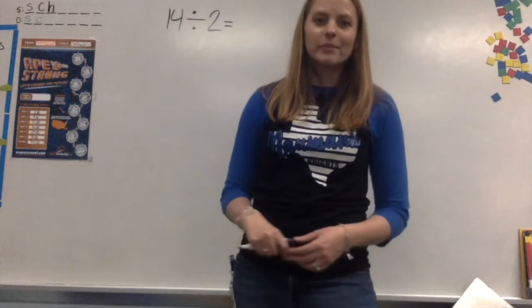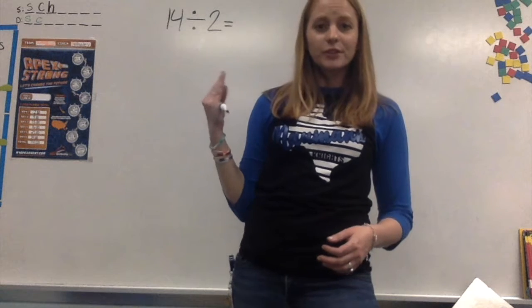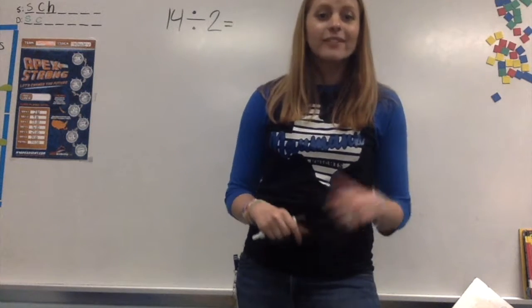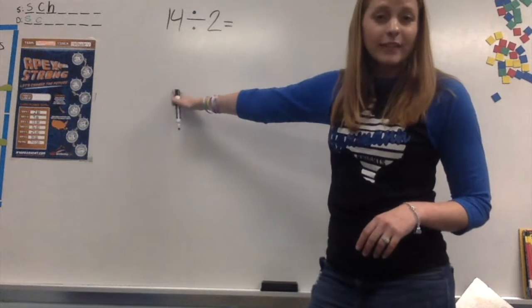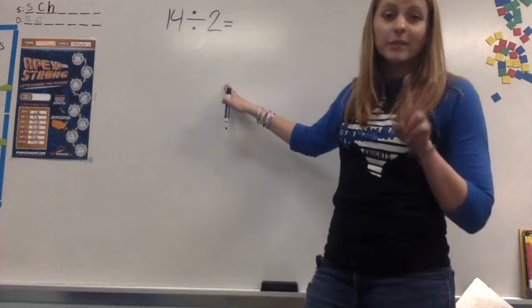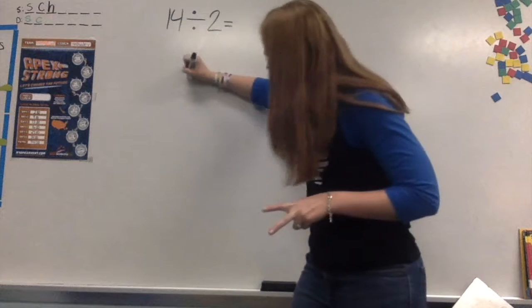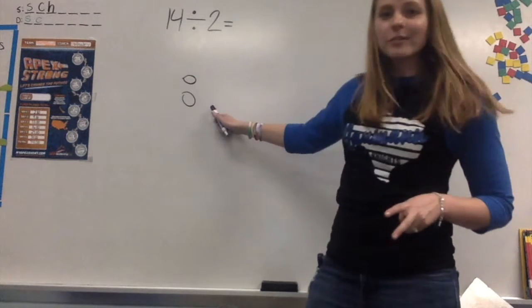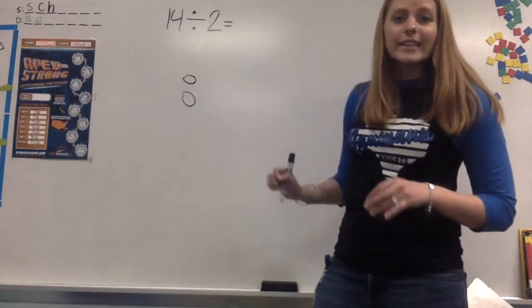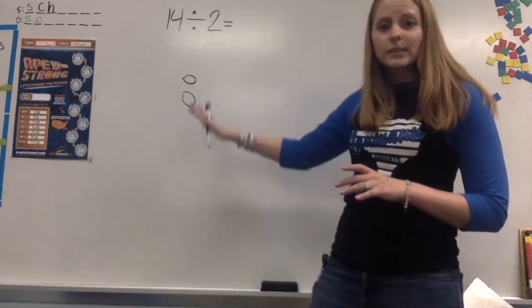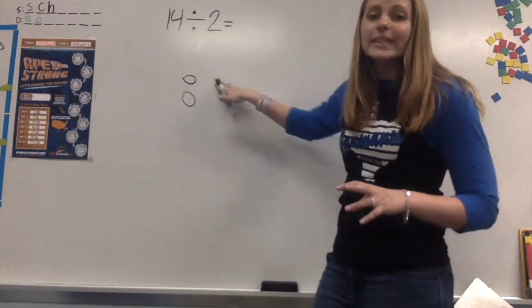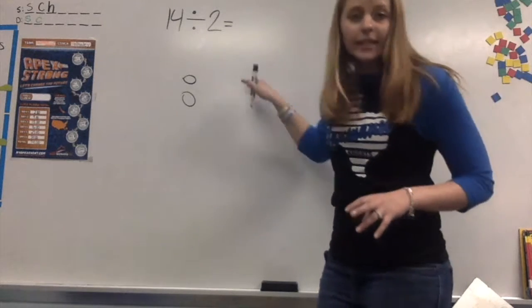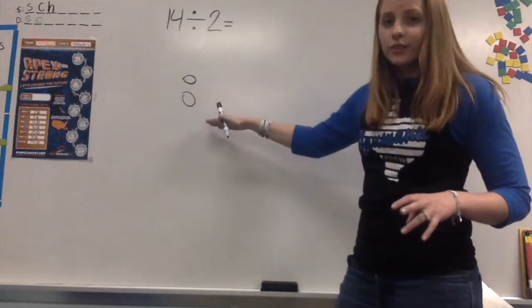For my last problem, I'm going to do 14 divided by 2 using an array. The first thing I need to do is, since I'm taking 14 and putting it into 2 groups, I'm going to make 2 rows. Here are my 2 rows. Now I need to take 14 and equally split it into these rows. I already have 2 here, so I'm going to keep adding 2's until I've used 14. So there's 2,